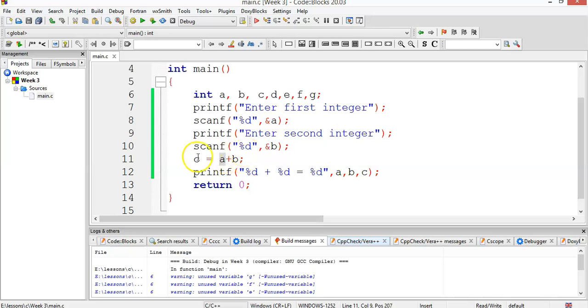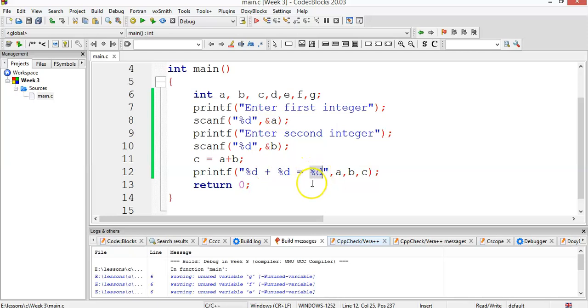Then the result, we save it in our memory space C. Now on the display, we want to write maybe this plus this is equal to that. Okay, so this is the placeholder for the first number. This is the placeholder for the second number, and this is the placeholder for the addition,